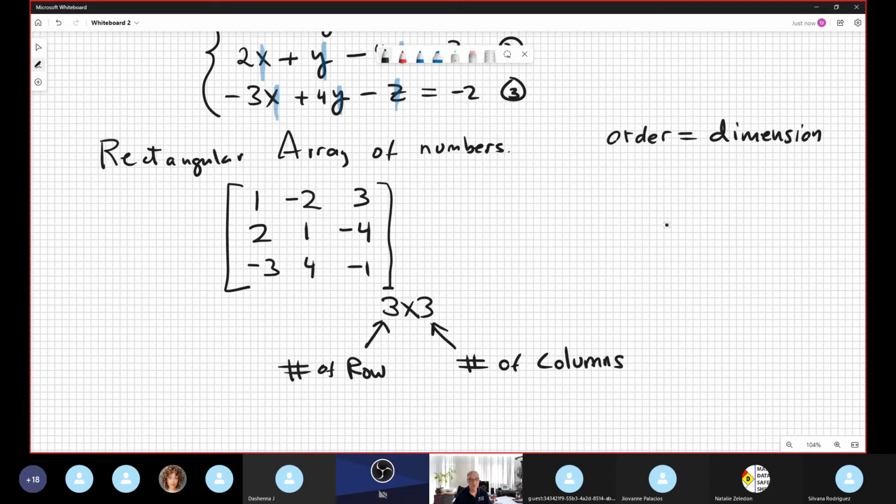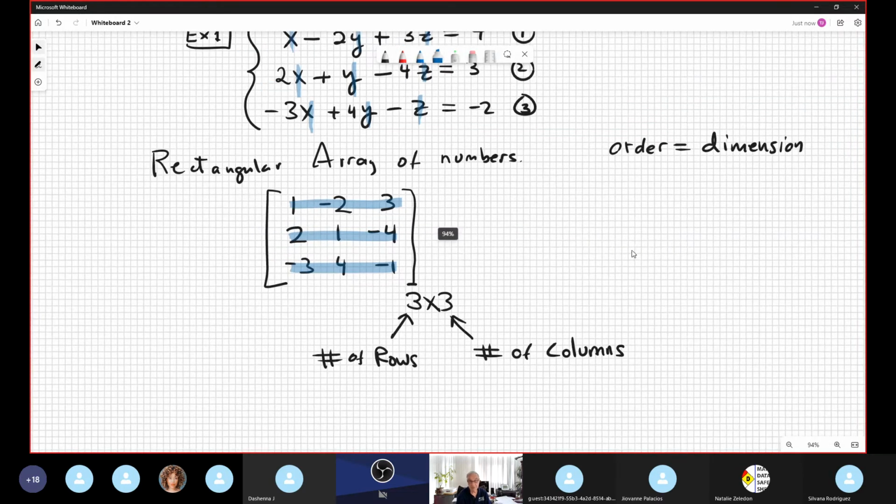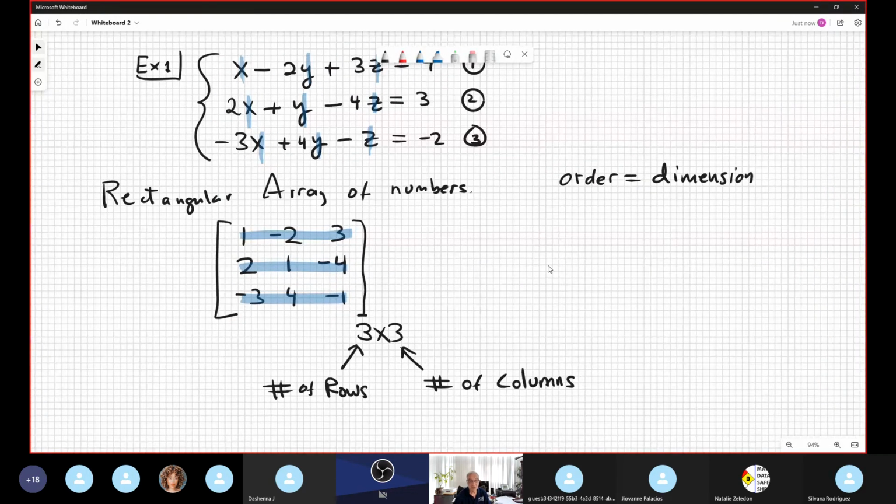Rows, columns. Bueno, it's obvious that we have 3 rows, 1, 2, 3, because we have 3 equations. Entonces, the number of rows is equivalent also to the number of equations, and we have 3 columns, 1, 2, and 3. In this case, they represent the number of variables x, y, and z. So basically, we have the column of the x, the column of the y, the column of the z, and